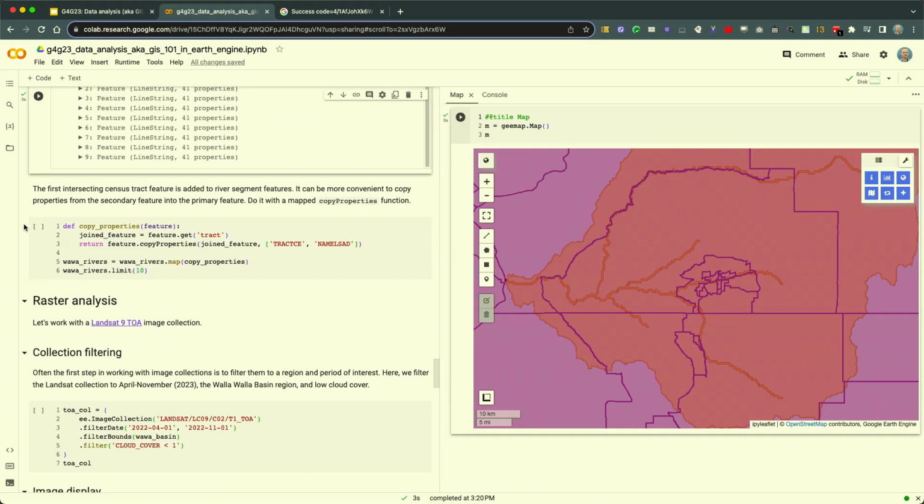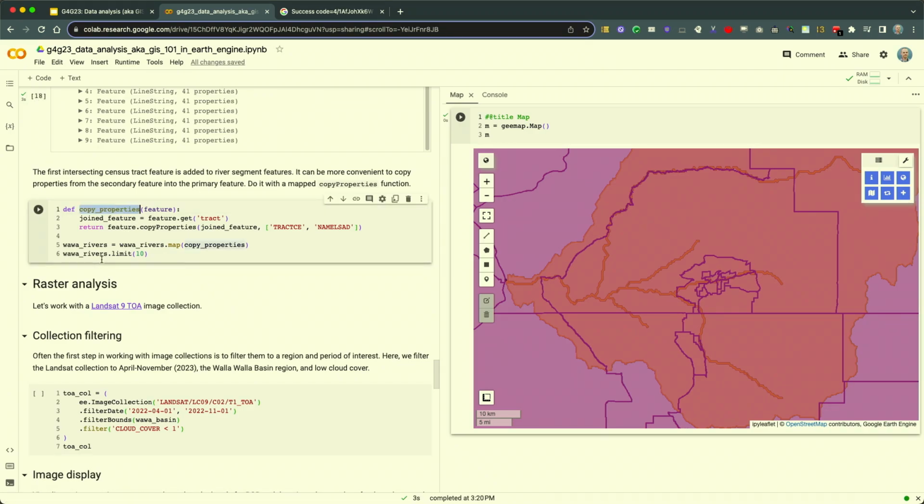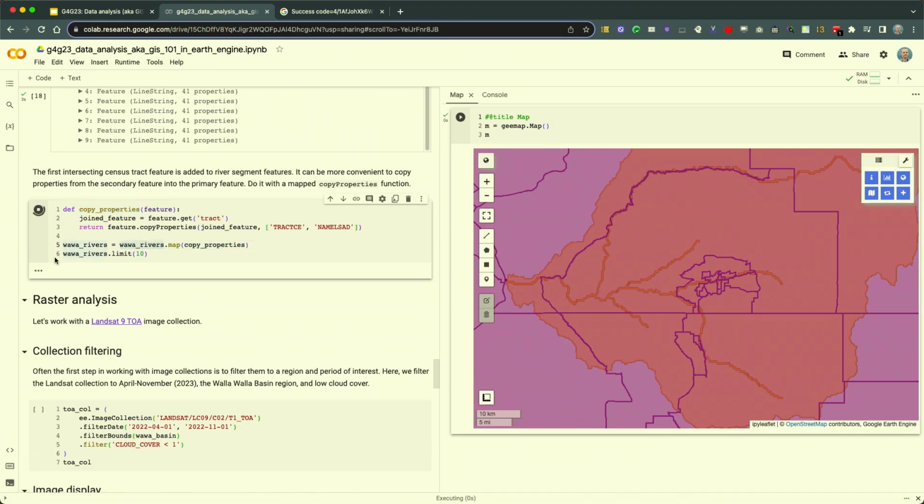And so what you could do is take the properties within this feature and copy them out. And so that's what I'm going to do here. I've got this function to copy these properties from the tract out of the feature. And again, I have to do this many times, so I'm creating a function and I map it over my rivers. And if I run this